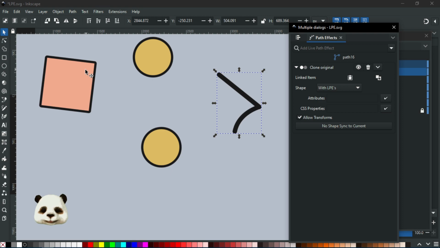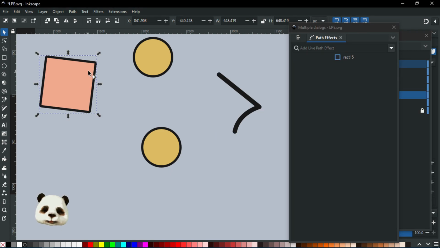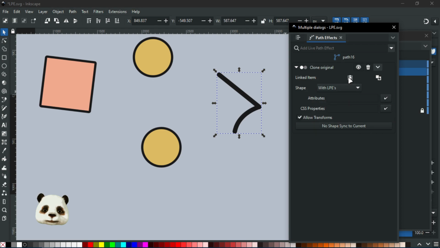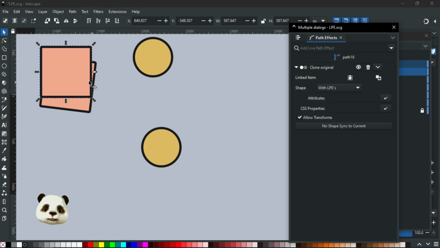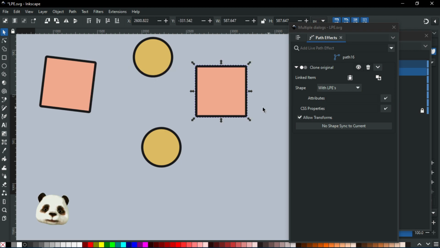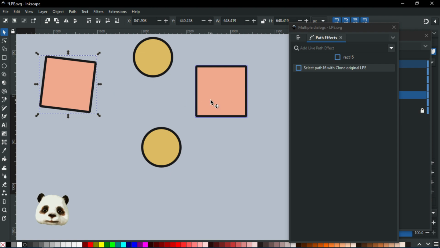I'm gonna explain in a moment. So first of all, I'm gonna copy this, Ctrl C. I'm gonna select this, and I'm gonna link the item by pasting it. This is the paste icon. So you see, bam, it created it. Now this is an exact clone of this one, right? The only difference is that if I now move it around,